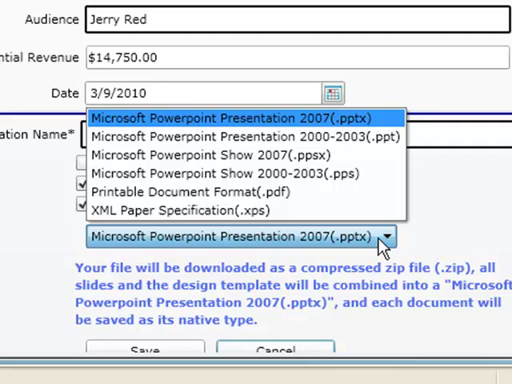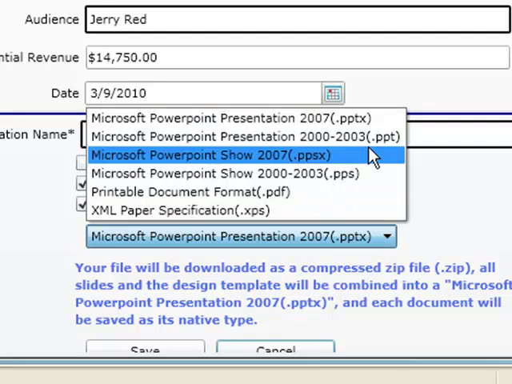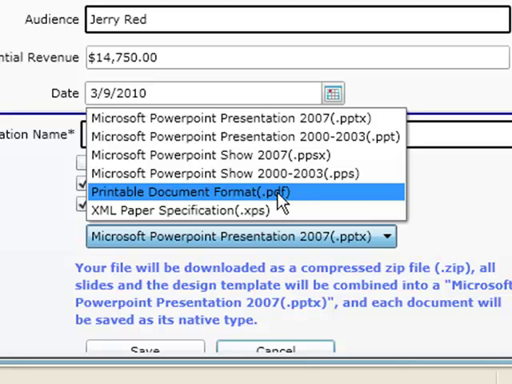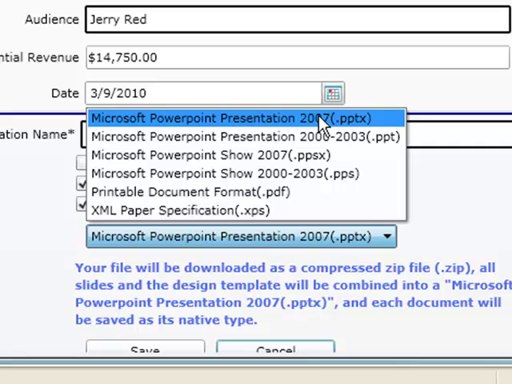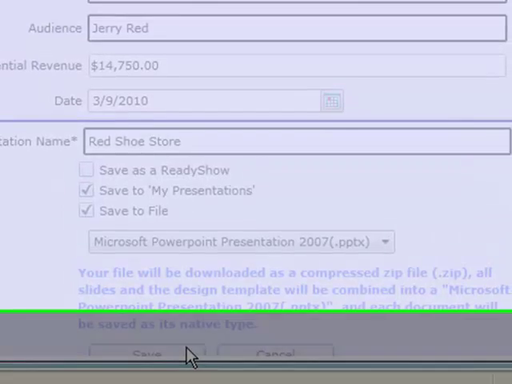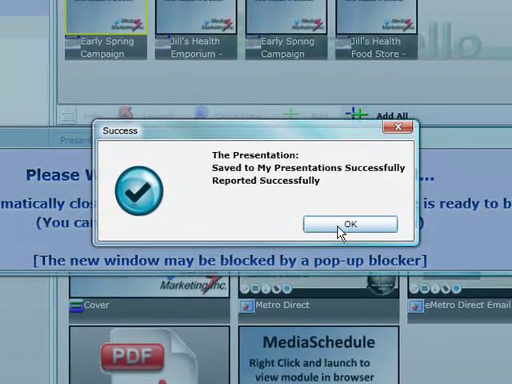You will have options depending on what PowerPoint options are available on the local computer. I have 2007. If you just have 2000 to 2003, that will be an option. You also can now save it as a PDF file. So that is a brand new option with the new system. So I'm going to click Save,